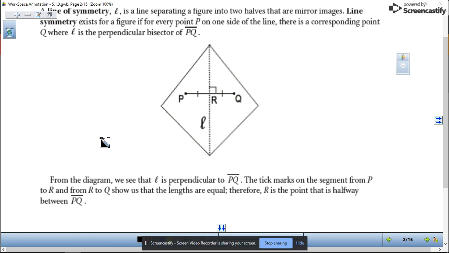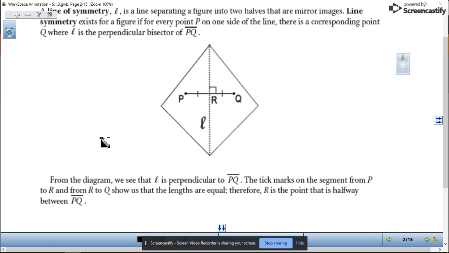All right, lesson 513, we want to talk about lines of symmetry. A line of symmetry is a line separating a figure into two halves that are mirror images of each other. A line of symmetry exists for a figure if for every point P on one side of the line, there's a corresponding point Q, where L is the perpendicular bisector of P and